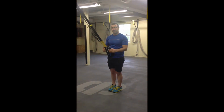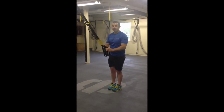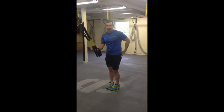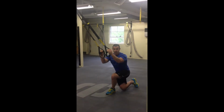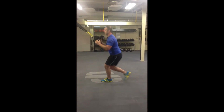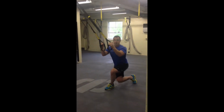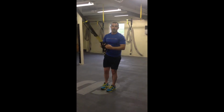Second progression is I'm going to take this into a cross back lunge, so my leg is no longer moving straight back. I'm going to make sure that my kneecap tucks behind and or beside my forward shin. Therefore, I'm allowing me access and more involvement from my glute. So I'm moving to here and back up. Still keeping my shoulders stacked up tall, chin is level, trying to make sure that that forward shin is perpendicular